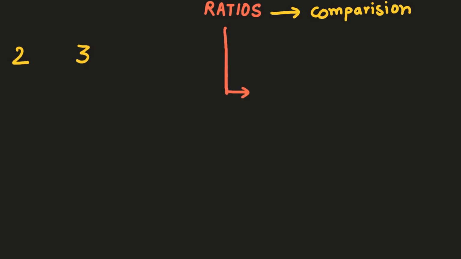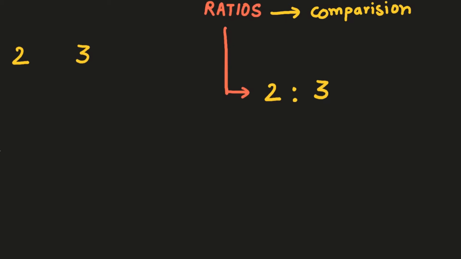In this case there are only two quantities. One of the features of ratios is that there can be more than two quantities in a ratio, but in this case we're just starting off, so we are using two quantities. Ratios can be represented in this way: quantity 1, which in this case is 2, I'll write 2 over here, and quantity 2, which is 3, the number of apples my friend has. I can write it by using a colon in between the two quantities.